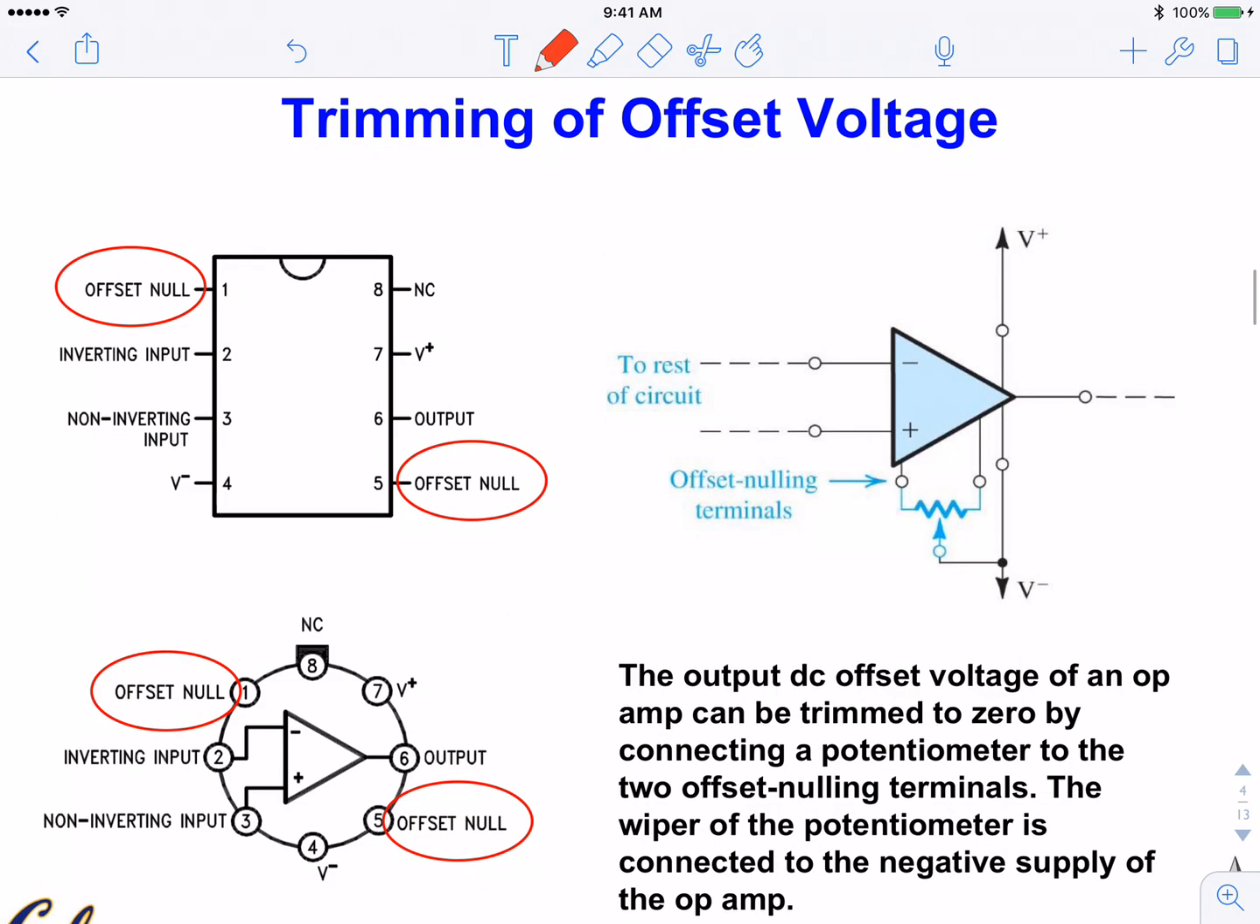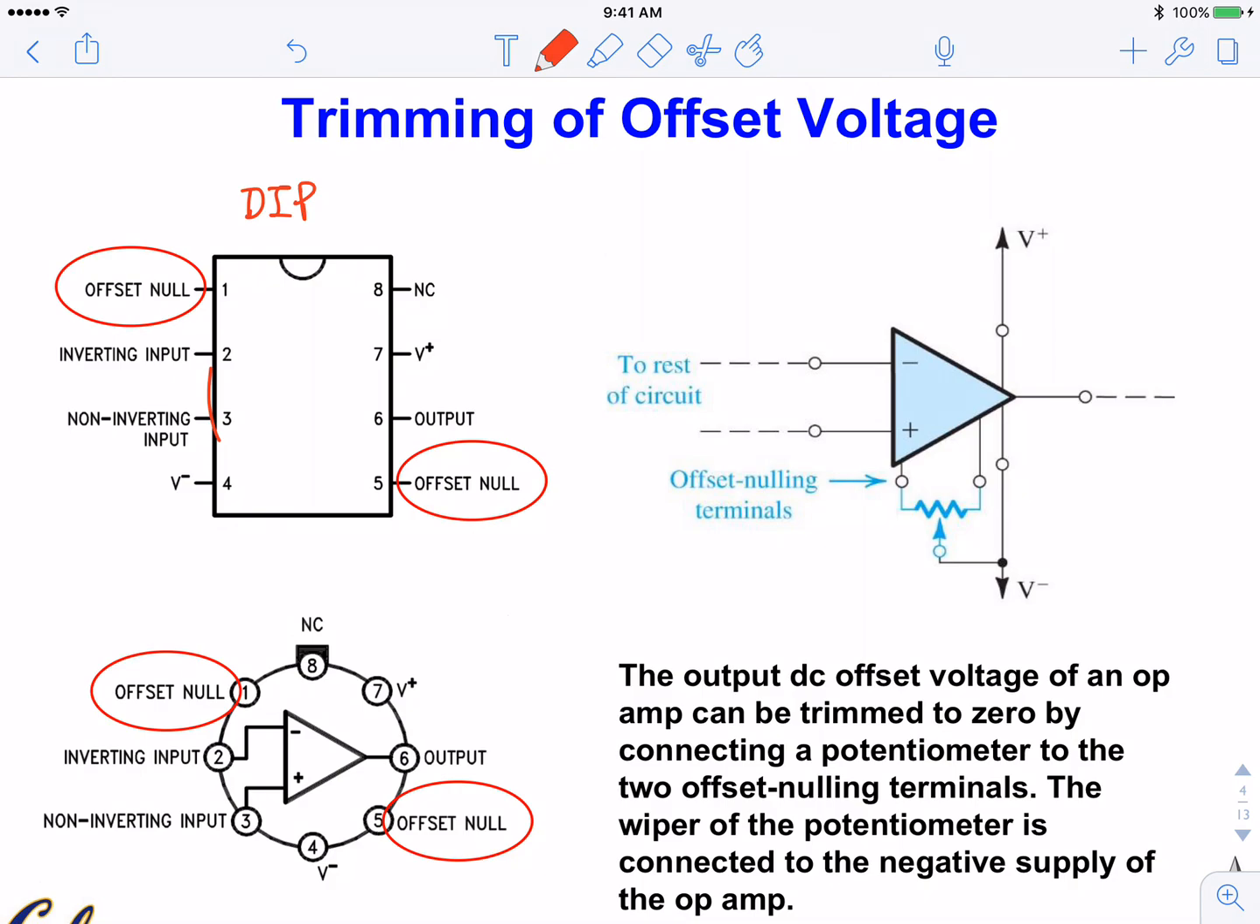All op-amps you buy come in all kinds of forms. Some are in the dual inline package, the DIP, because it has two lines. Or you get the TO can, a round type of package. They come in all kinds of forms, and you can choose which form you get. There are always two offset terminals. So if you look at the connections,